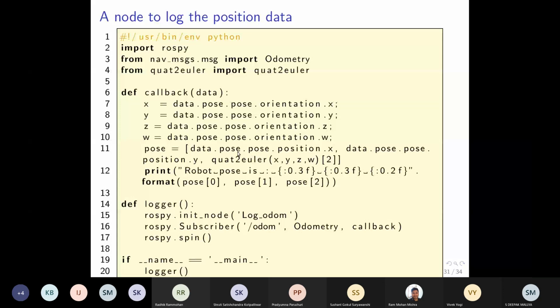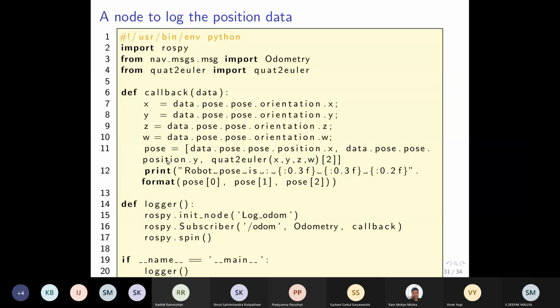And the third component is basically your quart to Euler. This is going to create Euler angles, and out of those 3 Euler angles, it is going to select the last angle, which is the yaw angle. So your pose contains x, y, and theta. Theta is the orientation of the robot about the z-axis. So this pose is just a list of 3 components.